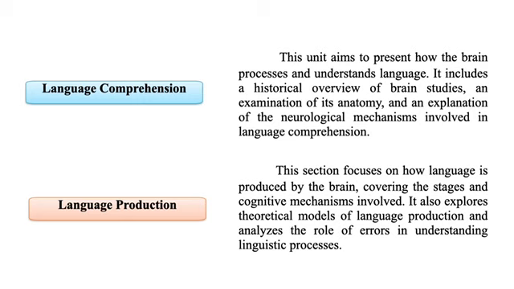Language comprehension aims to present how the brain processes and understands language. It includes a historical overview of brain studies, an examination of its anatomy, and an explanation of the neurological mechanisms involved in language comprehension. All in all, language production focuses on how language is produced by the brain, covering the